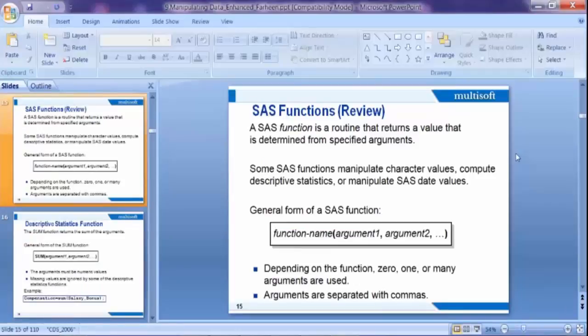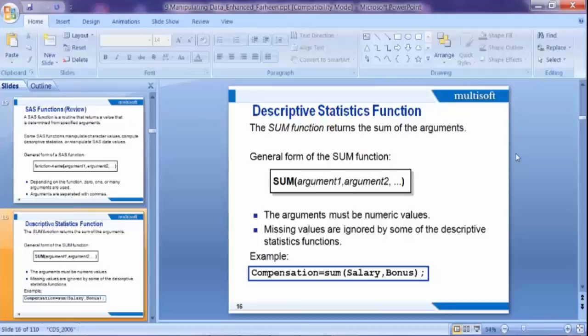Now we are going to discuss SAS functions, that is, what functions we have in SAS. Suppose I want to add salary and bonus. I have two variables called salary and bonus. So I have one way wherein I just write compensation is equal to salary plus bonus, like